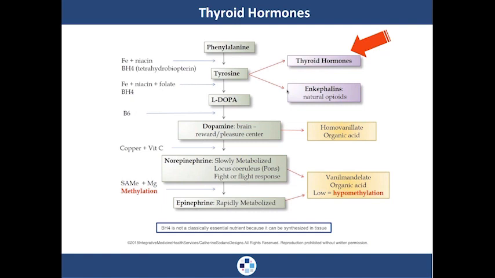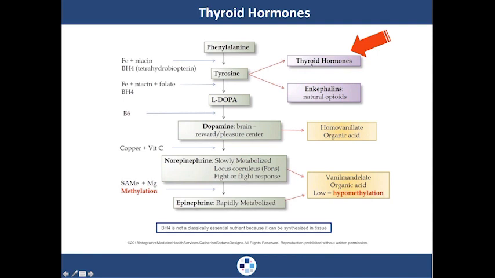Now I want you to think of someone that is extremely stressed out. The flow of the pathway may go down this way towards norepinephrine, and not have enough thyroid or raw material, tyrosine, for thyroid hormones, and even for the natural opioids. And this is powerful information. So if that's the case, the body is going to be showing signs of extreme stress right through here by increasing norepinephrine.